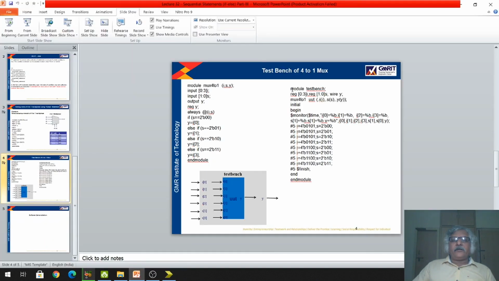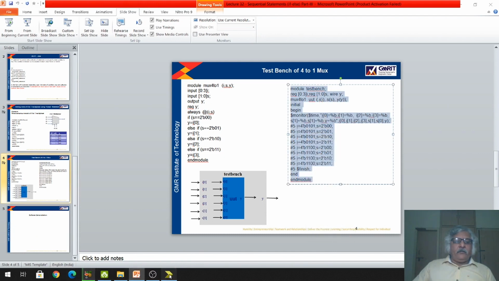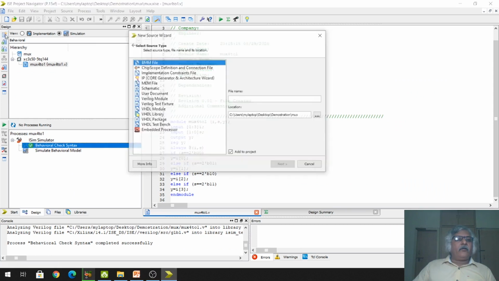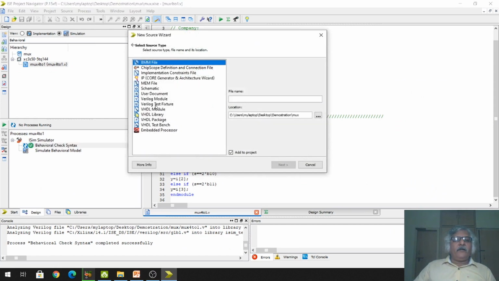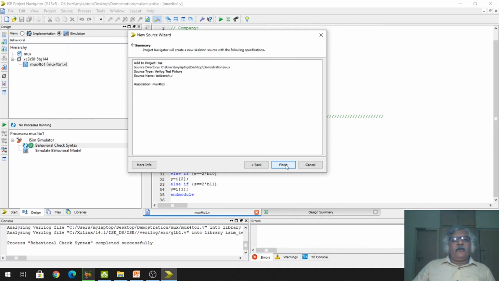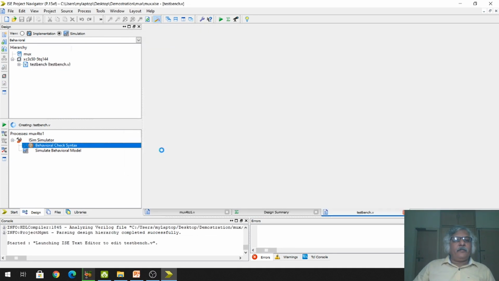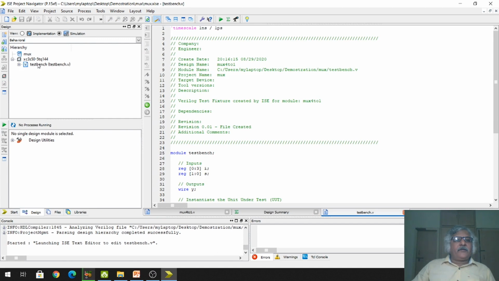So I will copy this test bench code. Okay. Now I will create another source file and I will select Verilog test fixture, and the name of the test bench is test bench. You can give any name. Right, this test bench is created.